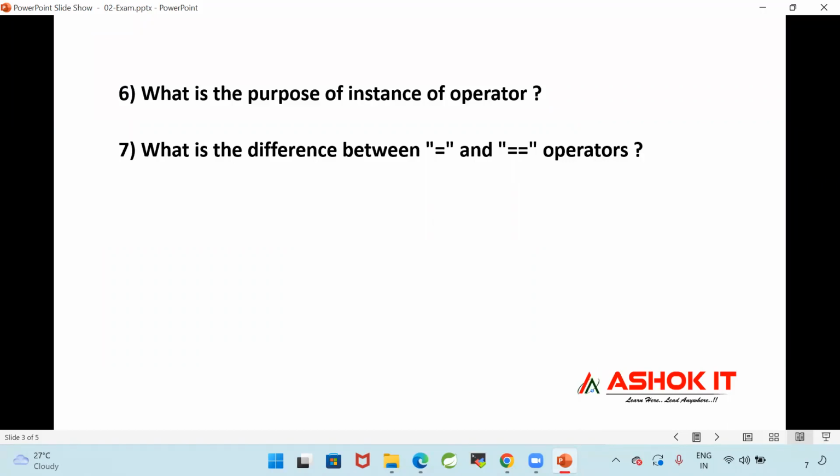What is the difference between equals and double equals operators in Java?